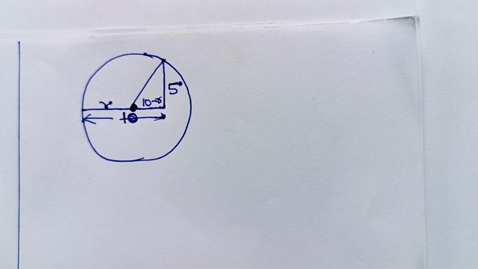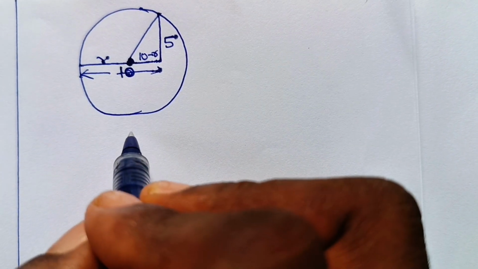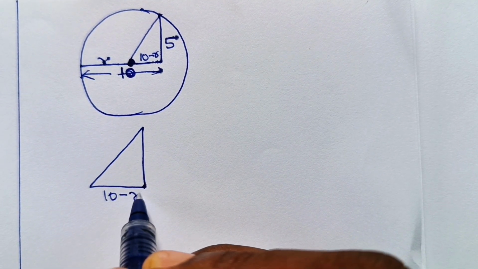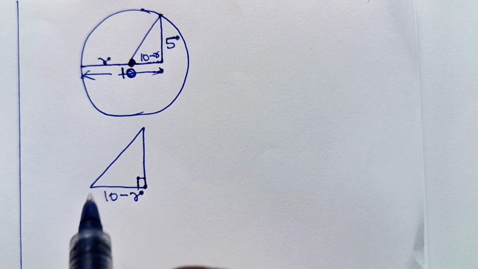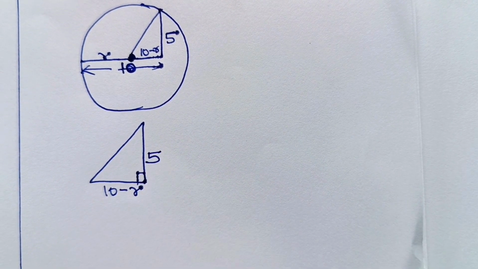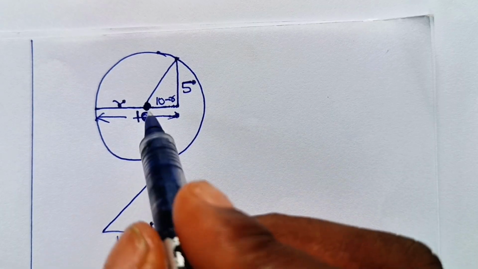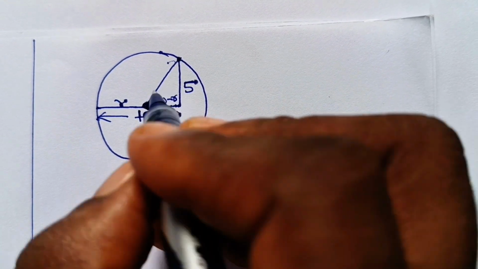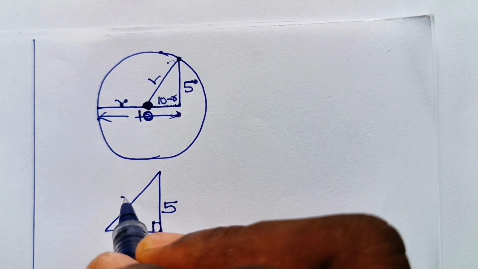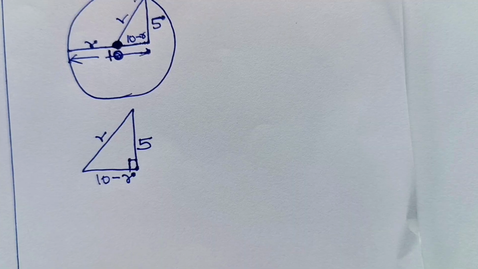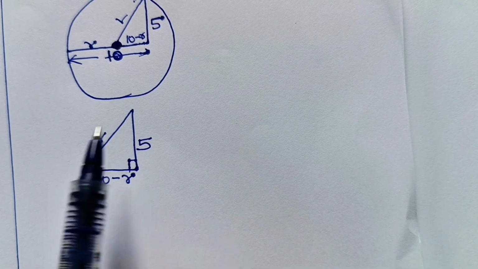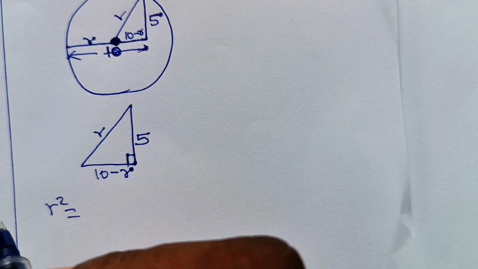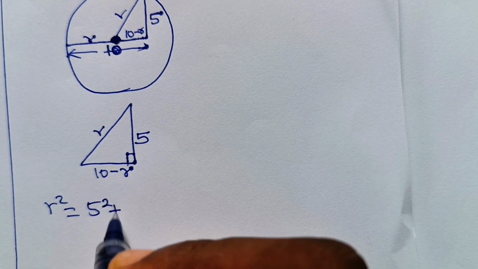Now let's complete this and bring out the right angle triangle. So this place is 10 minus r. This is a right angle, so this is 5. Recall that any line you draw from the center of a circle to the circumference is a radius, so this is also a radius. If we apply the Pythagorean theorem here, it simply means that r squared is equal to 5 squared plus